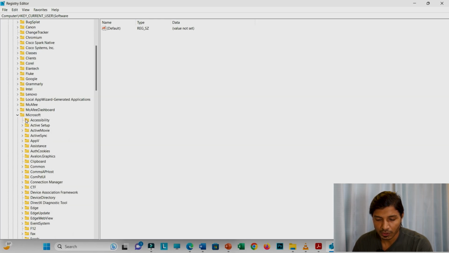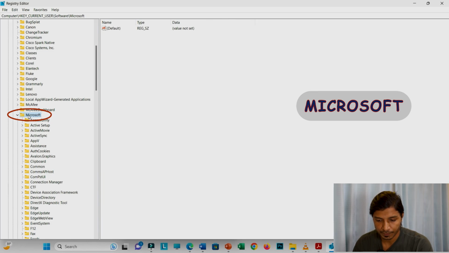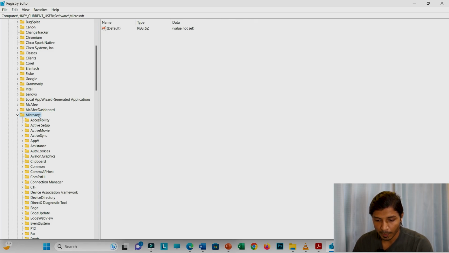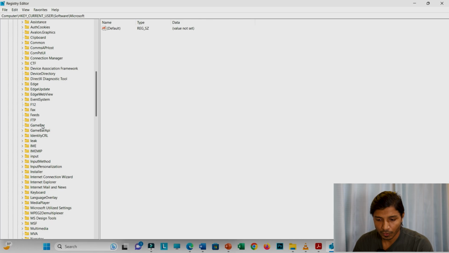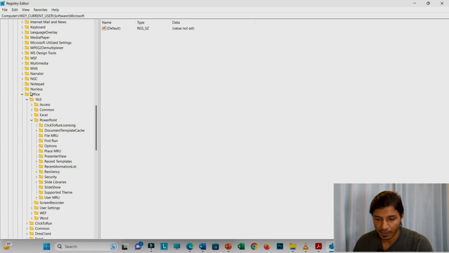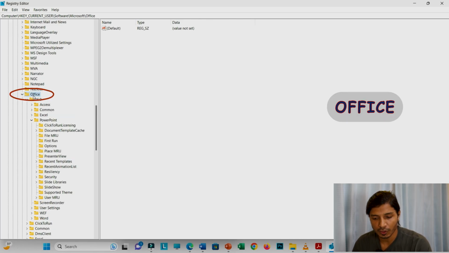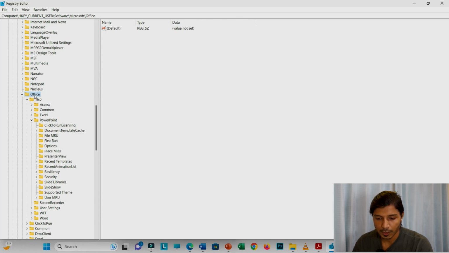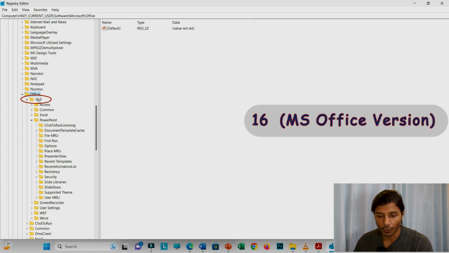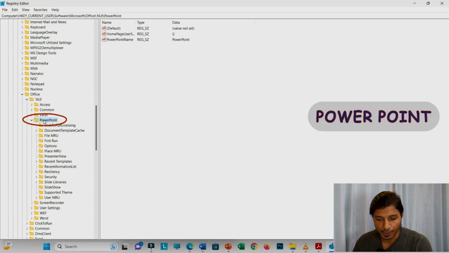Under that you have to just go to the Microsoft, okay, because this PowerPoint is Microsoft Office PowerPoint. So under Microsoft you have to search for Office. You can see here Office is there, so you have to open this Office, and under Office you will find this PowerPoint. Under Office it will be showing you a version. I am using Microsoft Office 2016, so 16 I have to open, and under that I have to open PowerPoint,